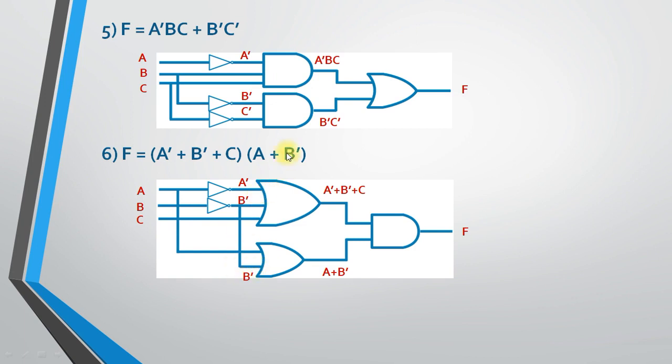And what is my requirement? I want to pass the inverted value of B. That means the value of B dash is required. So either you can take the signal or cable directly from here, or if you take a signal this way, at that time you compulsorily need to put a NOT gate over here. So you need to take that care when you use the same cable, right?